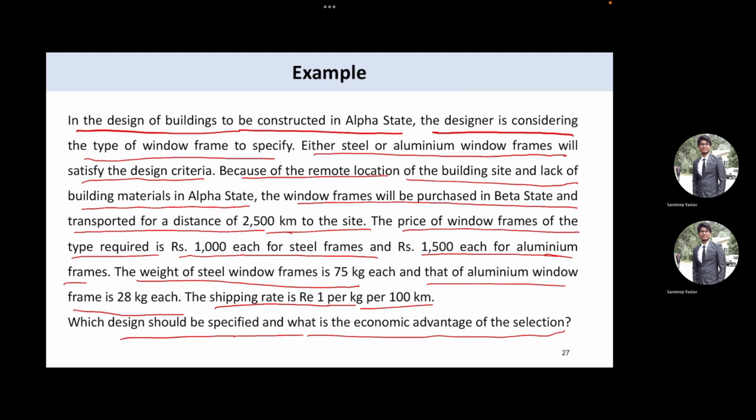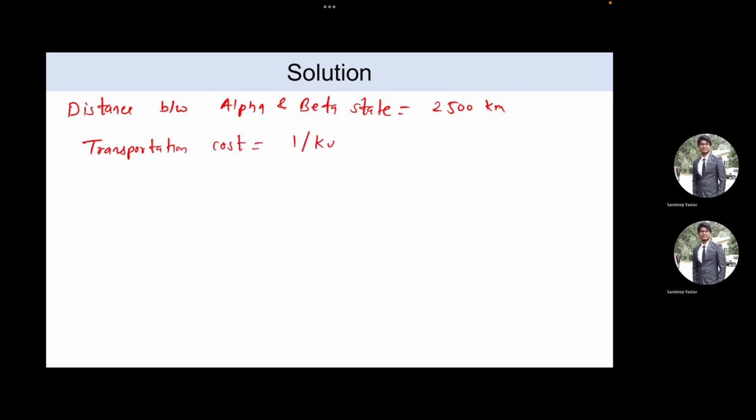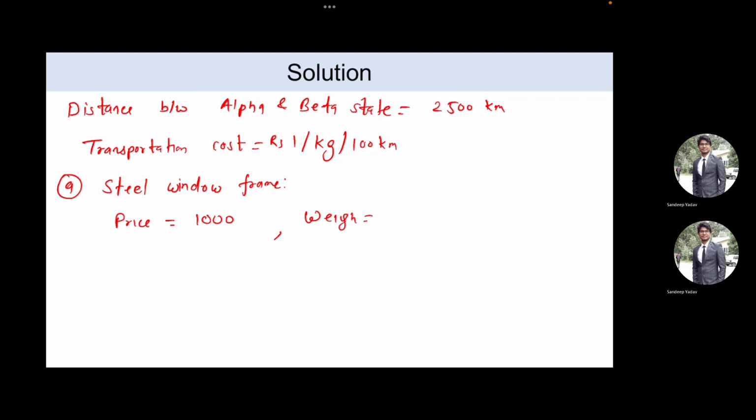Here the distance between alpha and beta state is 2500 kilometers and transportation cost is 1 rupee per kg per 100 kilometers. Let's choose case one, that is the steel frame. Price is 1000 and weight is 75 kg. So the total cost will be